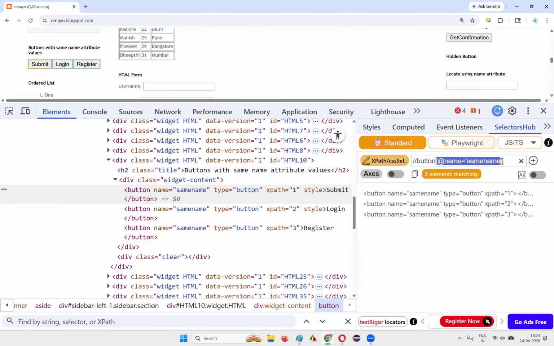So this is not helping us. What can we do in this case? If this is not helping us, what can we do? Using the attribute name and value is not helping, guys, because the same name attribute value is there